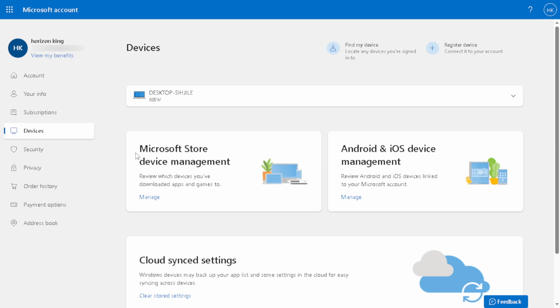Now it's time to sign out from all devices. In the Devices section, you should see an option labeled